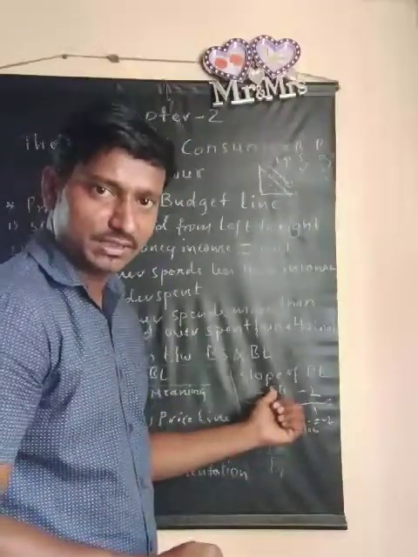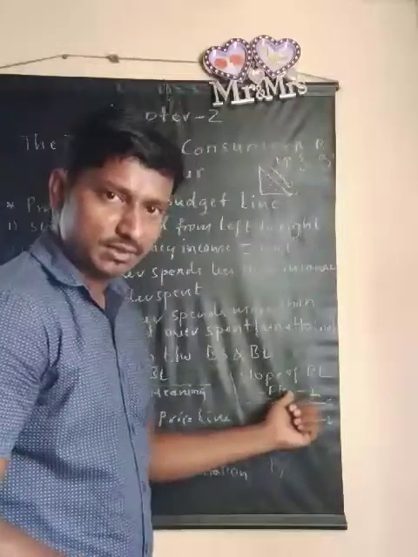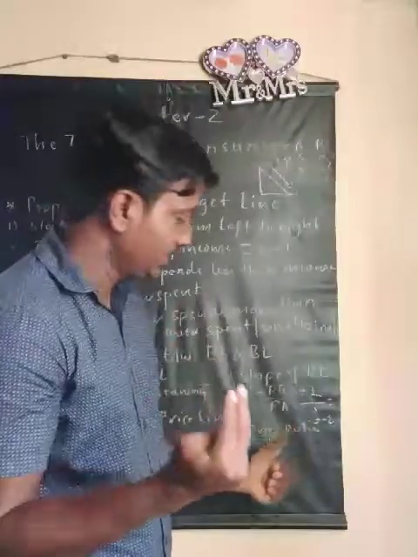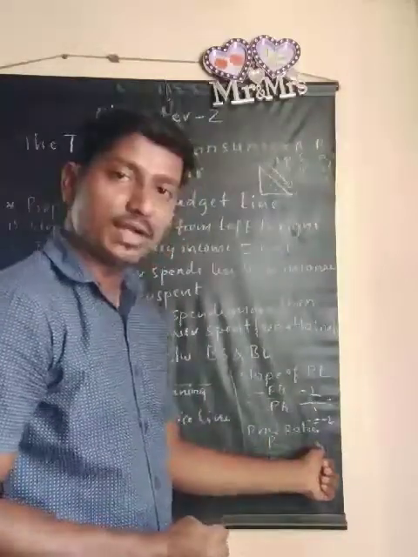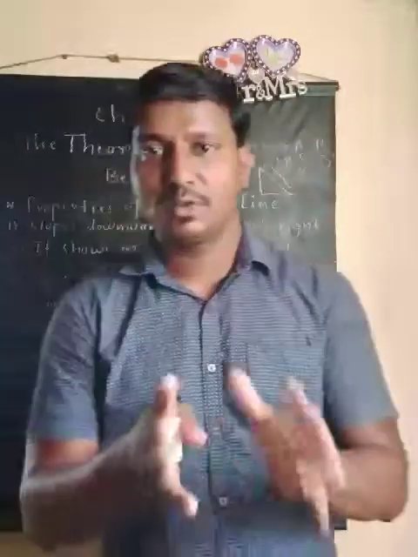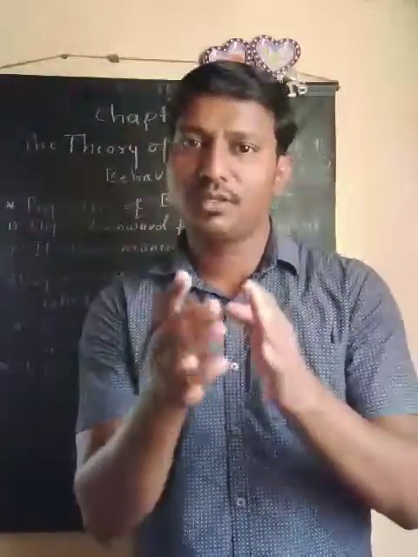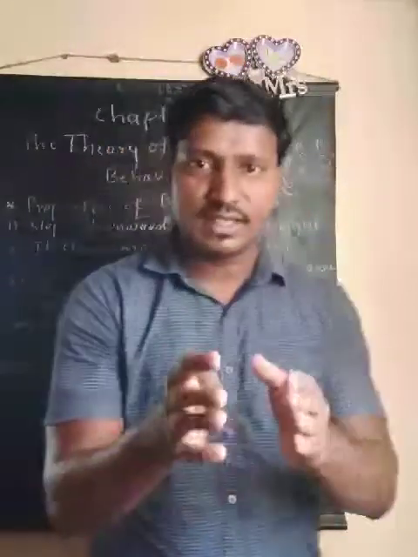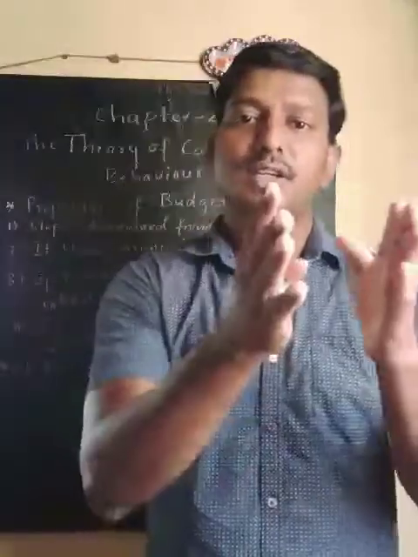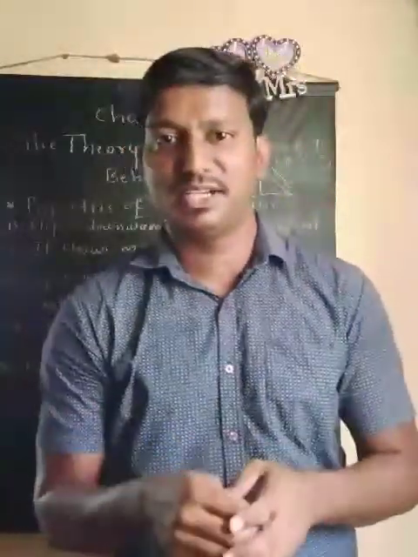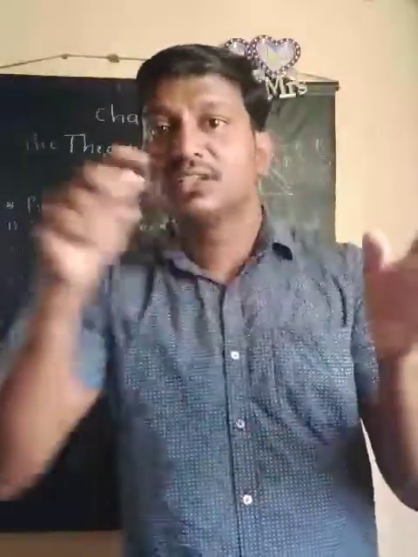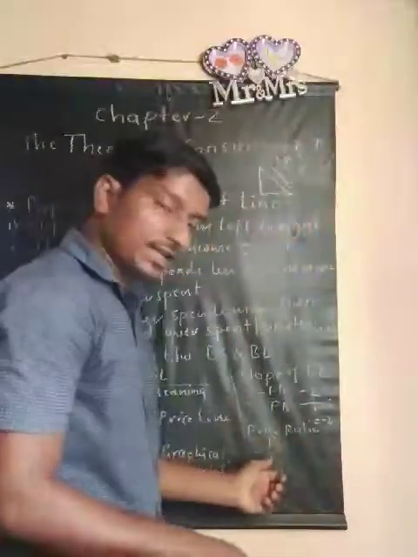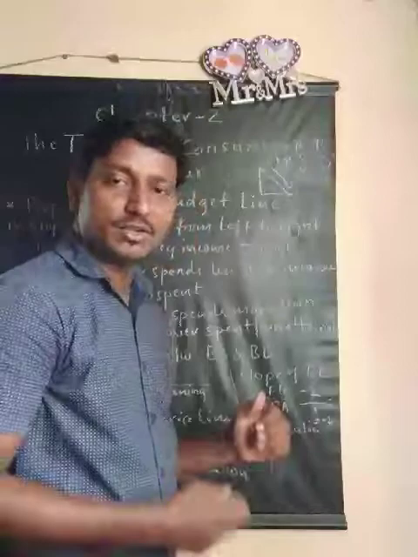I hope you are clear with the budget line, the slope of the budget line, where it is the amount of banana sacrificed divided by the amount of apple gained. Coming to this price ratio, it is similar to the slope of the budget line, but in the slope we find the reason why it slopes. Here, in case of price ratio, we will see the ratio between the price of one commodity and the price of the other commodity. How much the price of apple is related to the price of banana, that we are going to see in the price ratio.